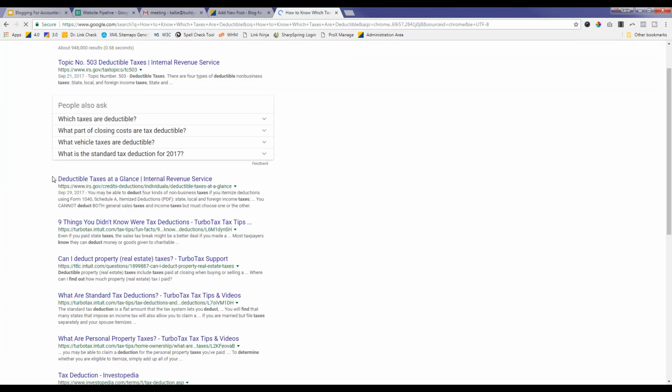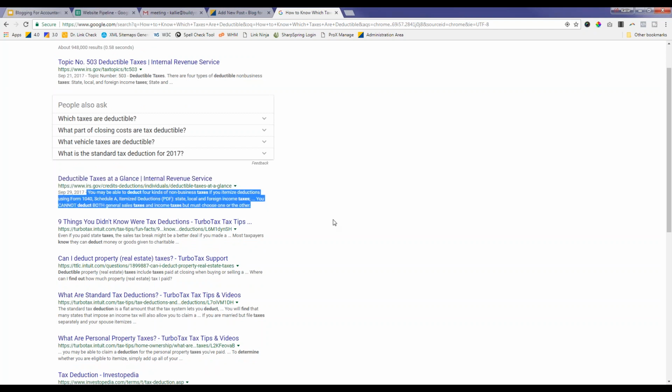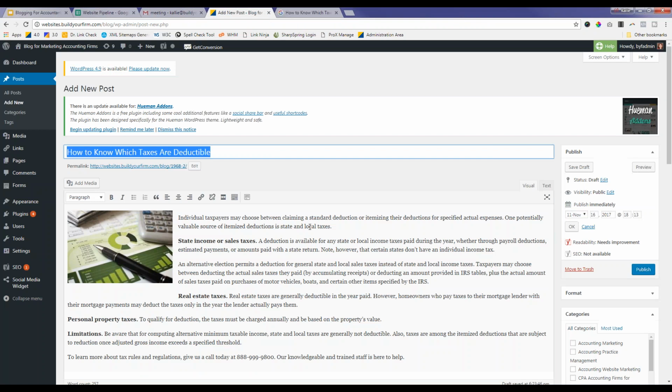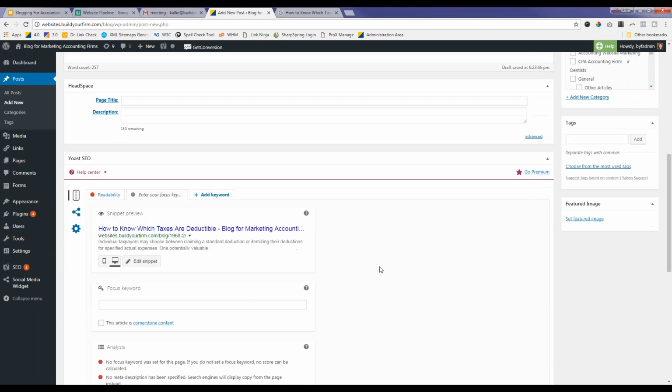Your page title is going to be this right here. Whatever you define as your page title is how it's going to show up on Google. And whatever you define as your description is what's going to show up right here. If you don't define it, if you don't choose it, Google will just guess and pop something in there for you. But it's kind of nice that you have the option to decide exactly how you want it to look.